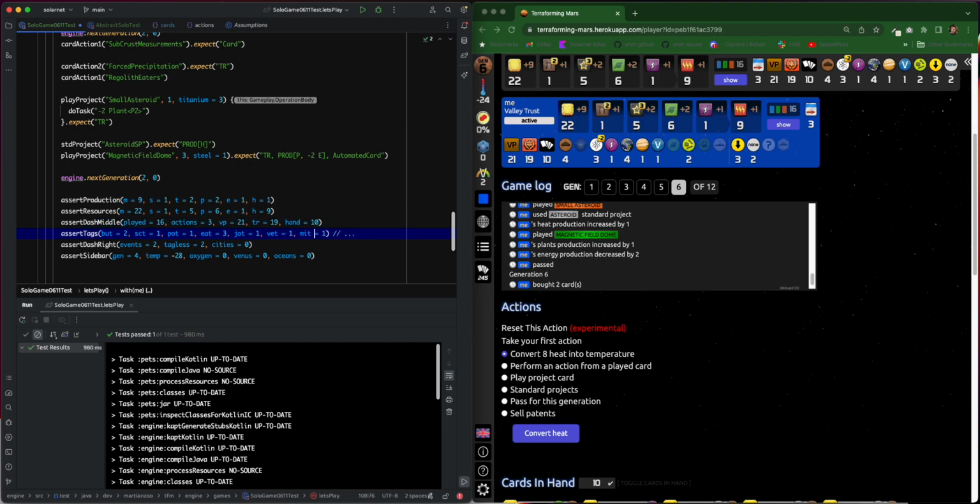Okay, the tags are a pain in the butt. Maybe I should stop caring about tags, but you know, I just care about everything. I want to know any discrepancy that could possibly be happening. Jovian 1, Venus 1, Microbe 2. I don't know why I have these dots still sitting there. Events 3, tagless cards 2, cities none. Gen